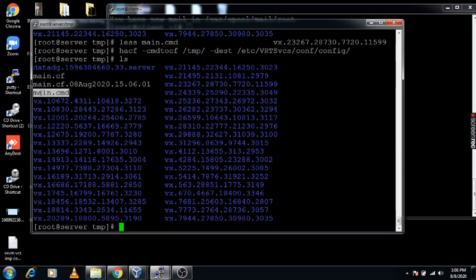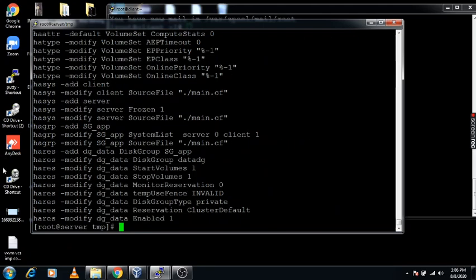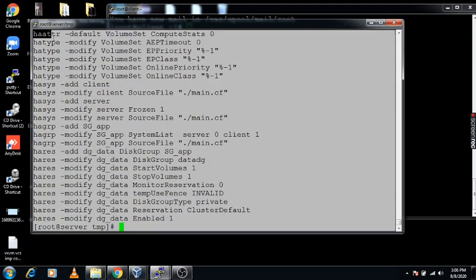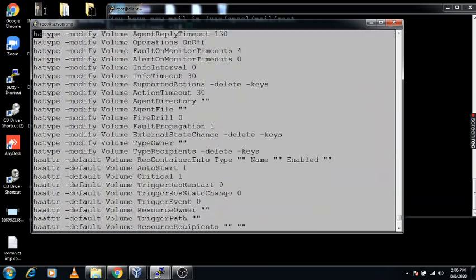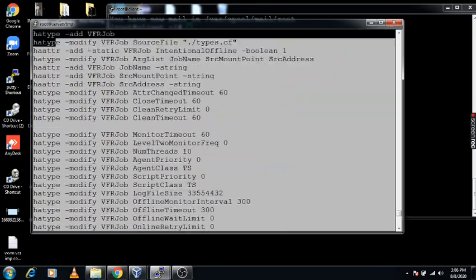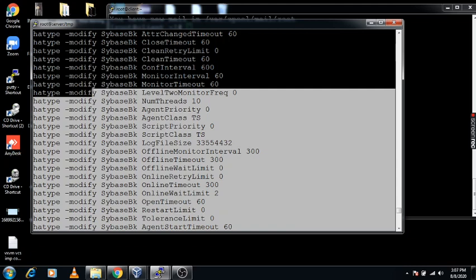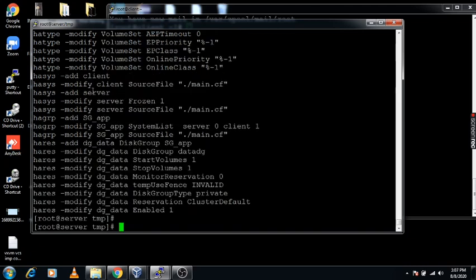So this is the main.cmd file. You will get this file, and if you check it using cat, you will get all the commands which I have run. Using this you will get all these commands. So like that you can use both the commands to learn the environment.